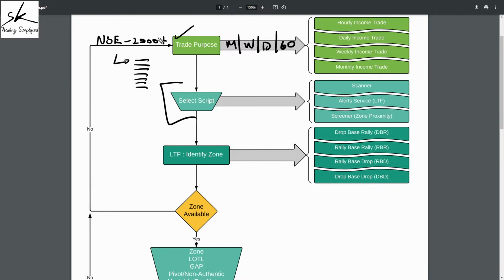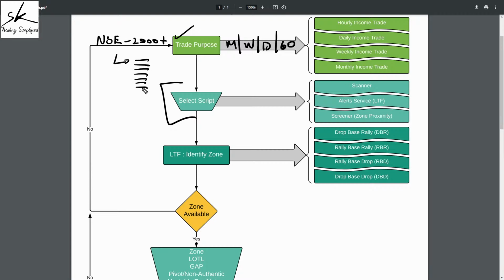We select some companies out of this list. And how do we do that? For this, we use certain computer programs, which are called scanners or screeners. And the way these computer programs basically work is we input certain conditions into them, that these are the conditions I'm looking for. And then those computer programs identify what all symbols are matching with those conditions. And whatever is matching with those conditions gets shortlisted for us, and that is how we get a small